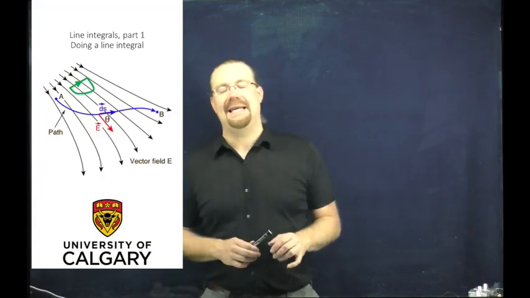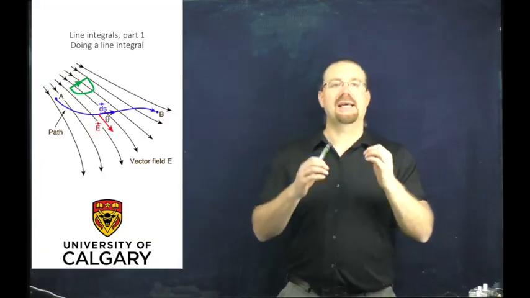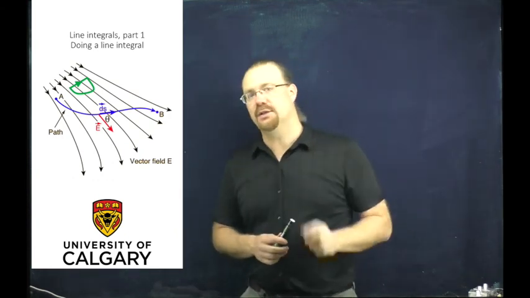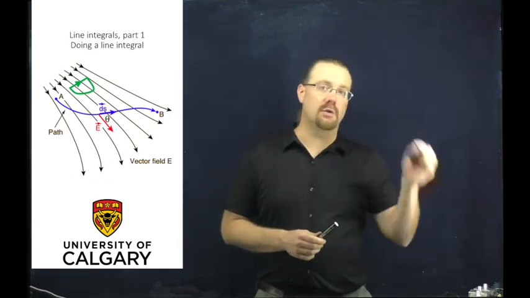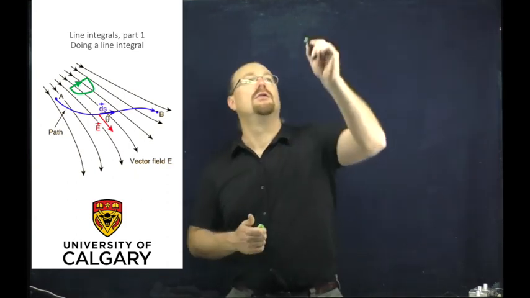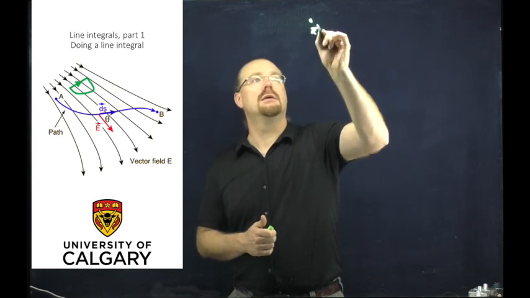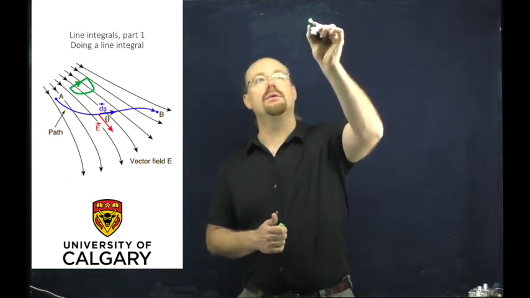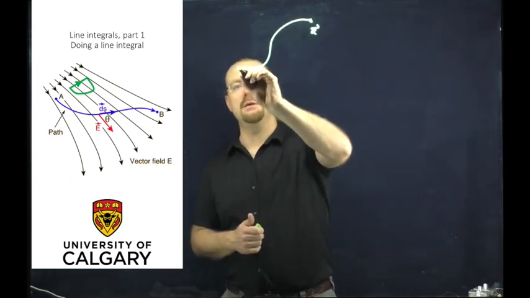Work is an exchange of energy, and we can tell how much work is being done by looking at the force dotted with the distance that something travels. In general, the force is going to change, and the distance that we travel will not necessarily be a straight line. So if we start at point A, designated by a vector, and we go through to some point B,